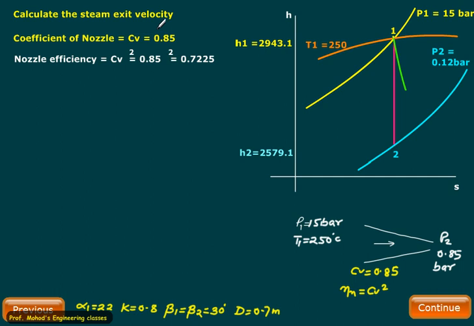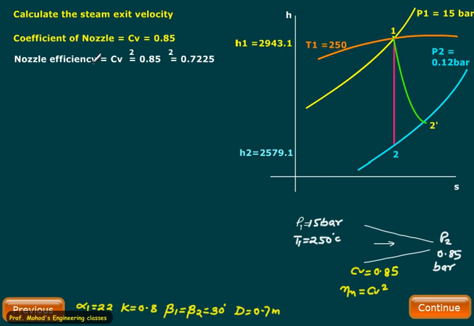We are given the coefficient of velocity of the nozzle equal to 0.85, and we know that nozzle efficiency is the square of this velocity coefficient, which equals 0.7225. Indirectly, nozzle efficiency is given. It means that your actual curve will deviate from the theoretical one, that is from 1 to 2. It will become 1 to 2 dash as shown by this line,